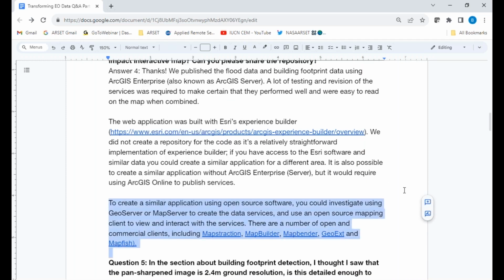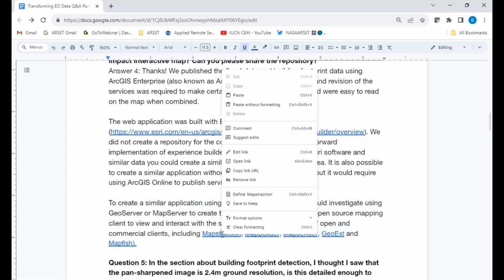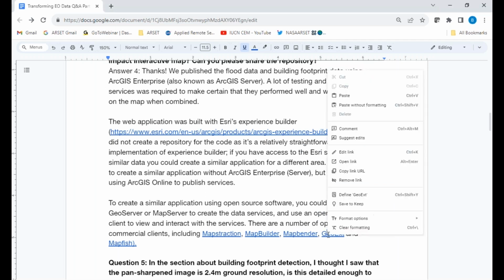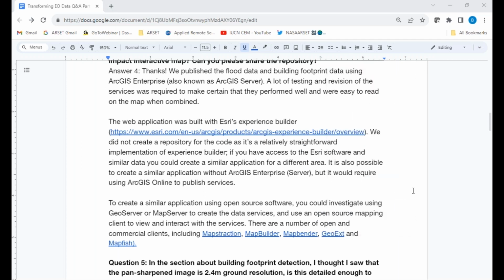And then you can configure it. And it is possible to do that without a server. If you use ArcGIS Online, you could put services in ArcGIS Online and still use Experience Builder. It's a little more limited, but you can do that. And then finally, I added some notes on if you're interested in doing this with open source software, that you could definitely implement this with the open source equivalents, using GeoServer or MapServer to publish the services. And then there's a mix of open source and commercial clients that can do the same sort of thing as